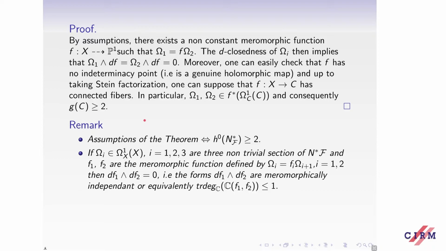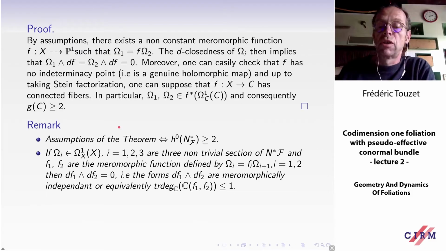So one can make further observations. The fact that one considers two forms which are C-independent, which define the same foliation F, means exactly in this context that the space of sections of the conormal bundle to F has dimension at least 2. And another observation that we state for further use